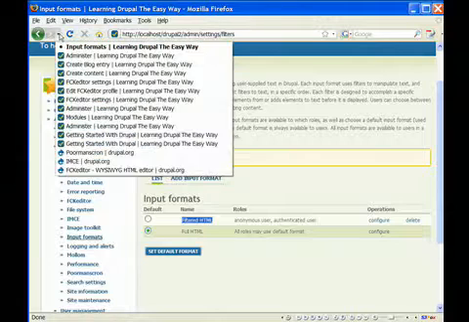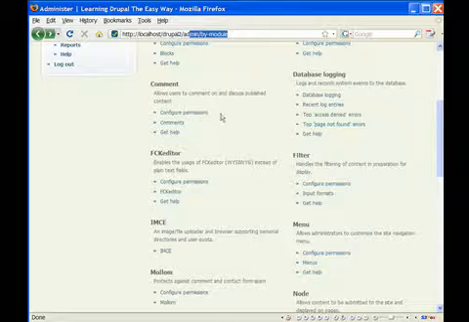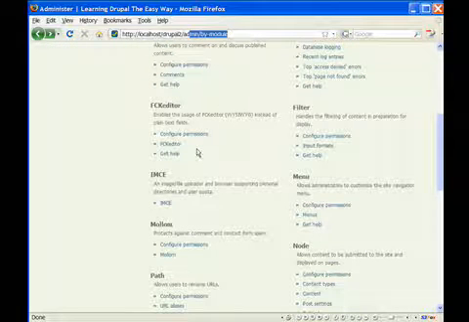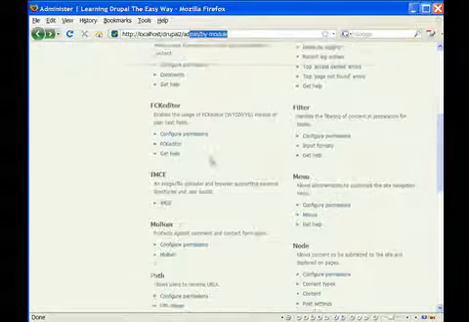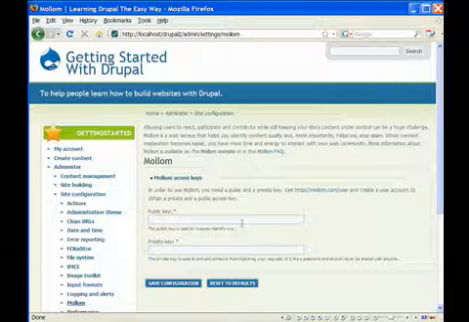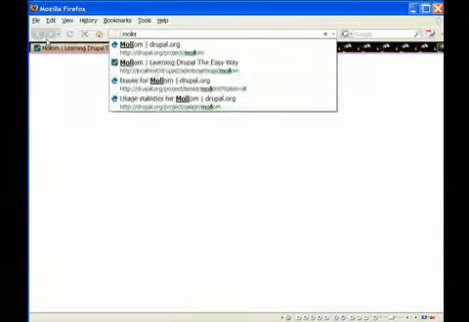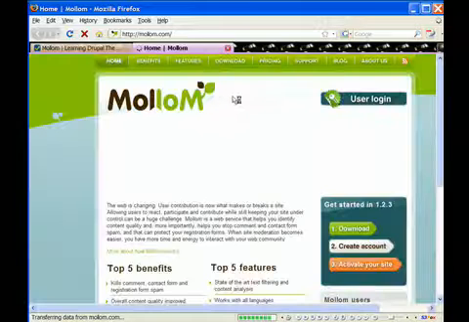Okay, so if we go back to our Administer Modules section at Admin by Module, we also can take a look at some of these other modules that we've added. Malum actually requires that you have a key from the Malum website. So what you need to do is you need to go out to malum.com, and you're going to need to sign up for an account there. And when you sign up for your account,